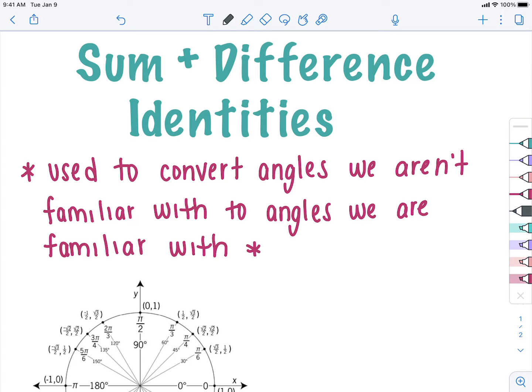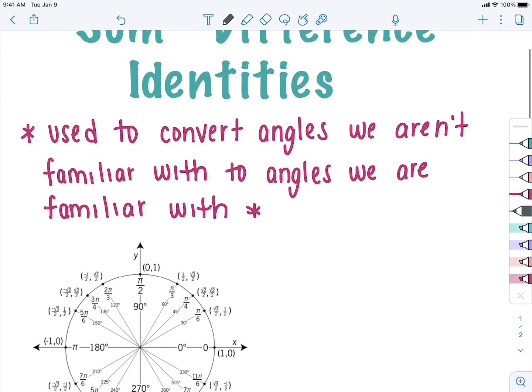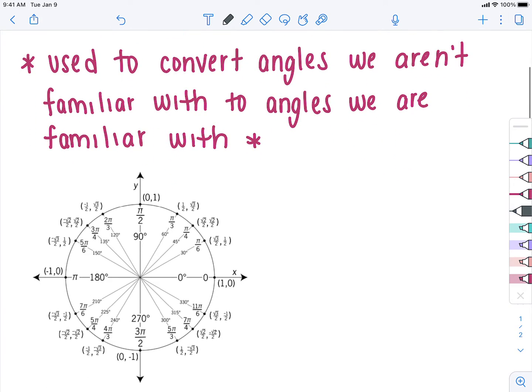The last identities we were looking at were our fundamental trig identities that helped us simplify problems and make them easier for us to solve. Today we're going to look at sum and difference identities, which are actually used to help us convert angles we aren't familiar with to angles that we are familiar with. So they're things like, for example,